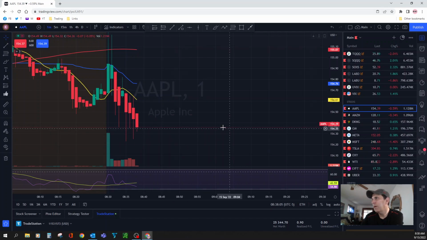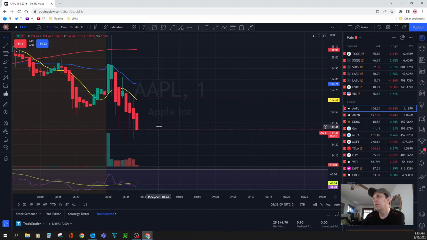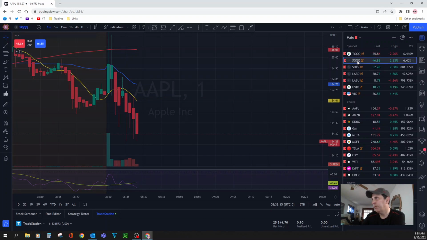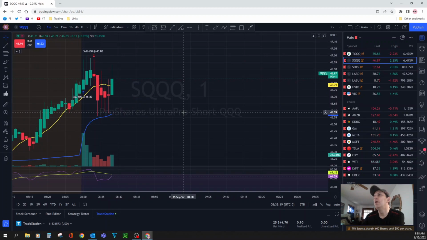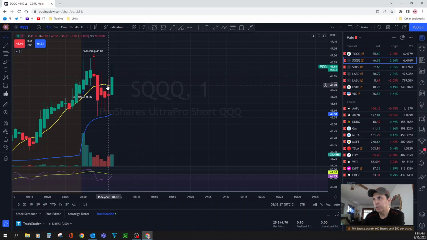So if Apple drops, Apple is a big percentage of the NASDAQ, so it's going to carry TQQ and SQQ with it. When Apple drops, SQQ will go up. And if I can get a couple candles here with no bottom wick, that'll tell me that some direction has been established. And then I just wait for price to open above the moving average, my fast moving average,